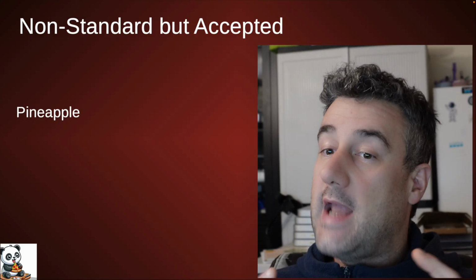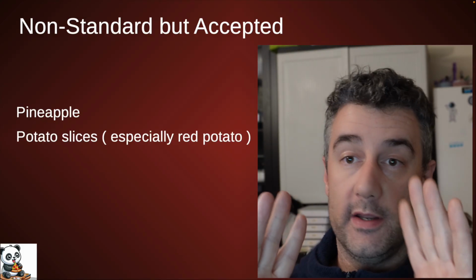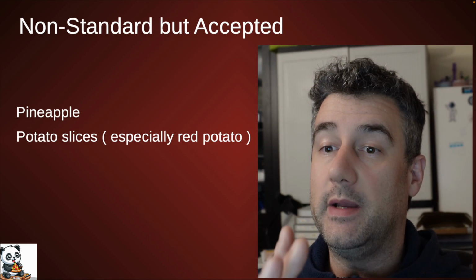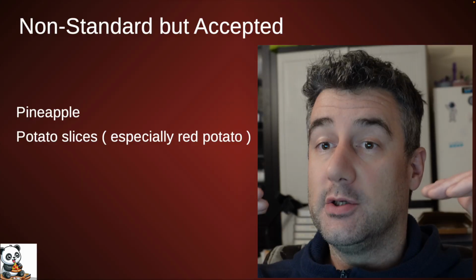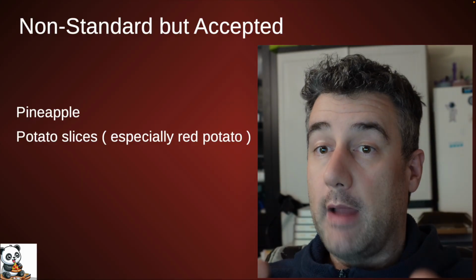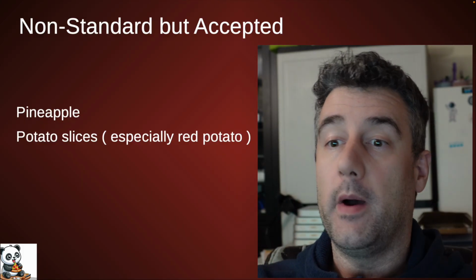So, next one, potato slices, especially red potato. Now, you're going to think maybe some people out there will think this is weird, but there's some really delicious potato pizza out there, and I think it's absolutely acceptable and needs to be like standardized and just included. So red potato pizza, one specific place I have in mind, I'm not going to list in this video, but